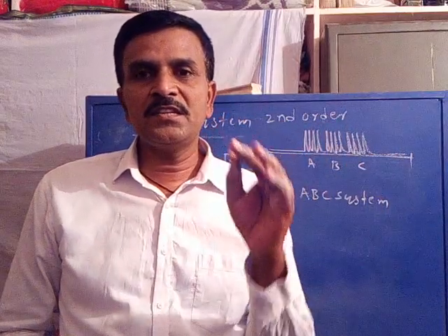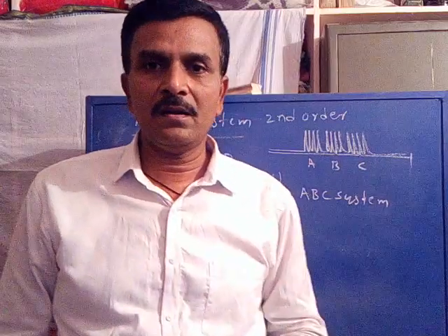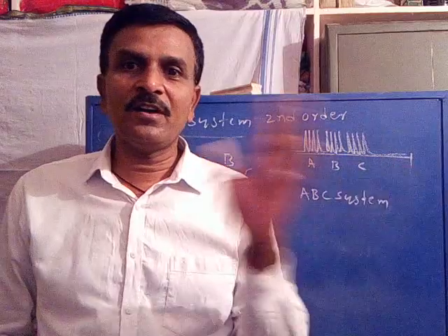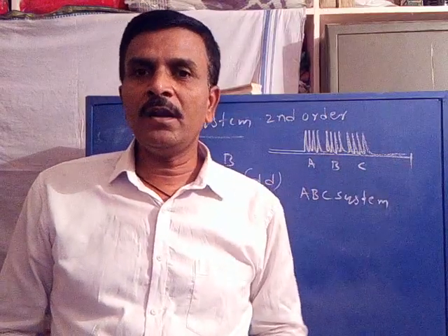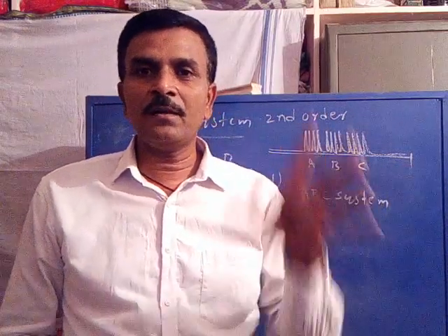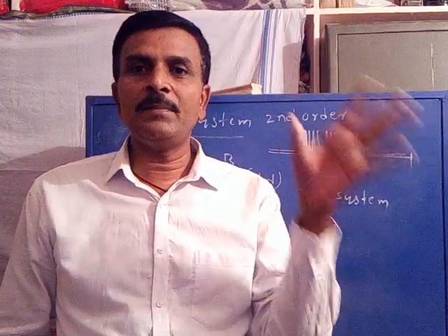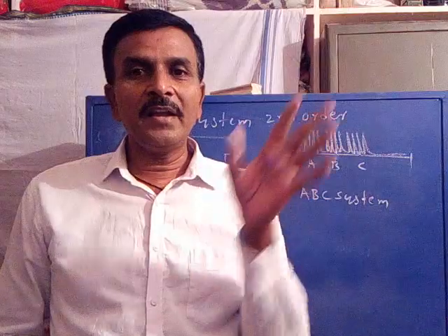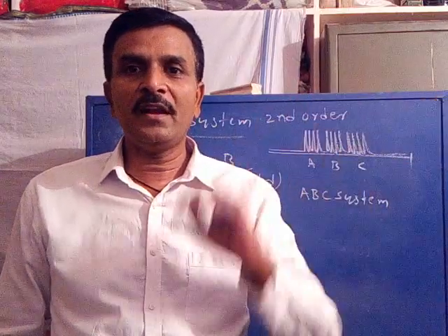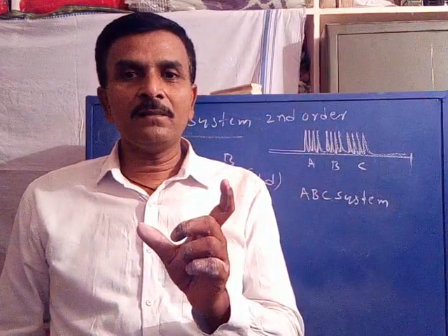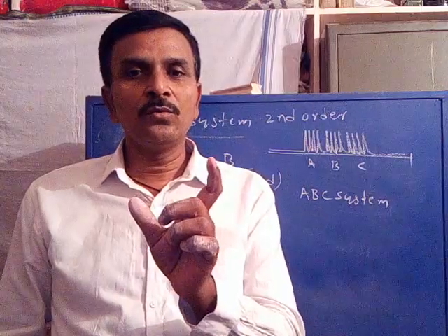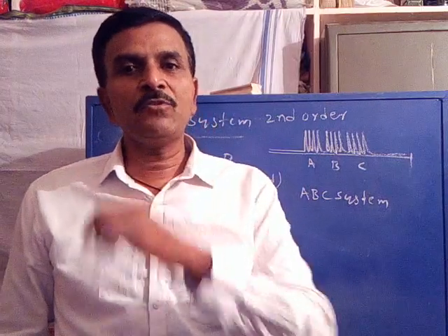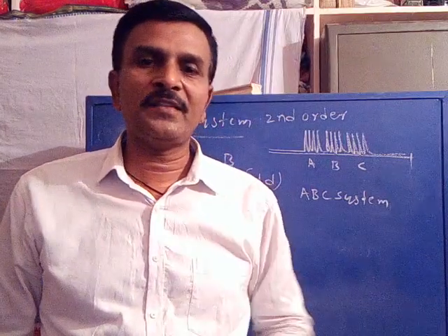Any system consisting of B letter comes under second order. I have just now explained how to present the spectrum for first order and how to present the spectrum for second order. A first order spectrum has neat multiplicity signals with larger frequency difference, and intensity must be symmetrical. For second order, the signals should be close, some lines must be overlapped, and the intensity must be distorted. In that way you should present.